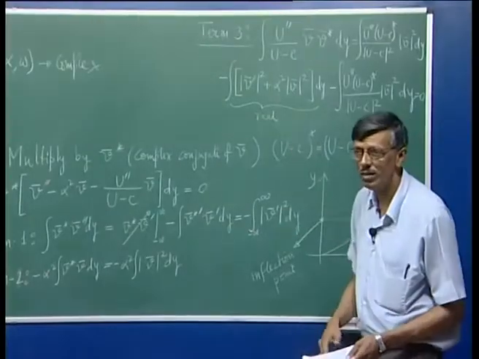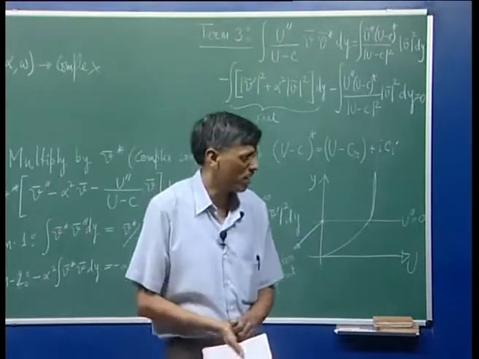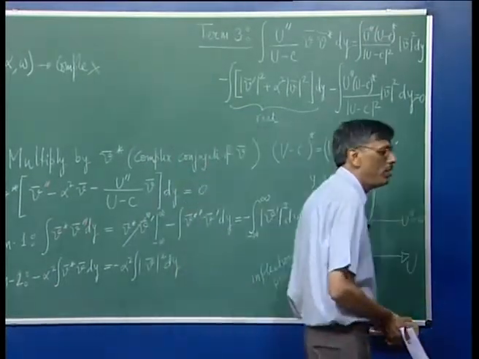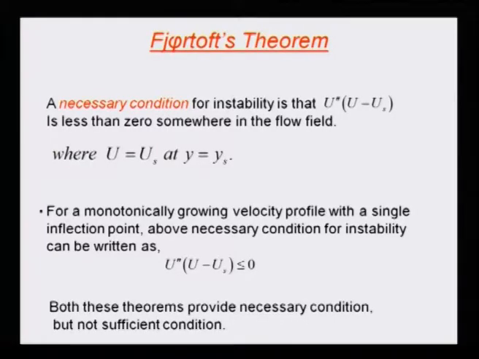What happens to the real part? That is what Fjortoft investigated, and he came out with an improved version of Rayleigh's theorem, which now goes by the name of Fjortoft's theorem, and which says that